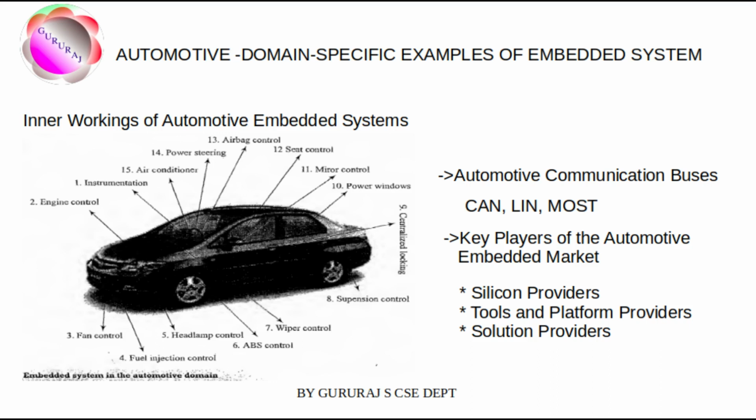So the first one is the Controller Area Network, called CAN. The CAN bus was originally proposed by Robert Bosch, a pioneer in automotive embedded solution provision. It supports medium speed, class B, and high speed data transfer. CAN is an event-driven protocol interface with support for error handling in data transmission. It is generally deployed in safety systems like airbag control, powertrain systems like engine control and anti-lock brake system ABS, and